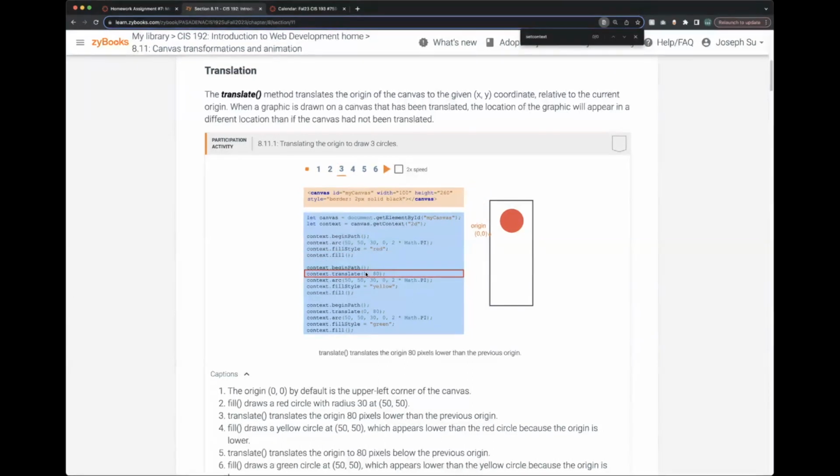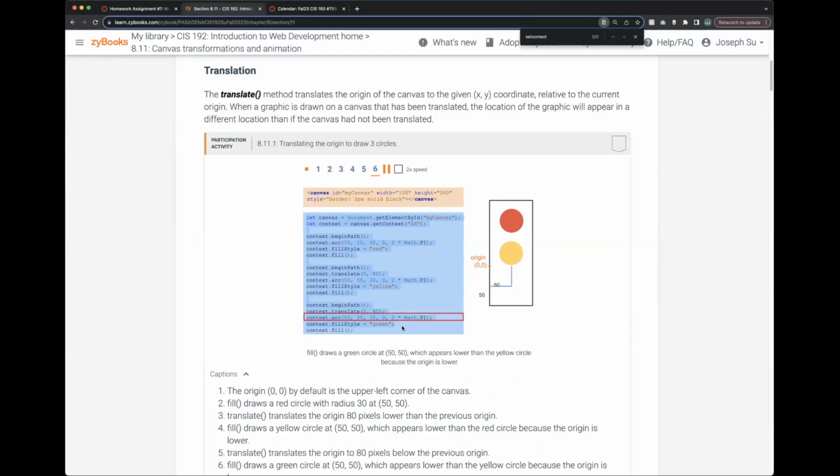You can then do another translation to begin your path and start translating it. So translation means from left to right, and you can specify a degree as well. And then you can draw. Yeah, so this is very mechanical. In fact, if you get really good at this context drawing, you can pretty much draw these things anytime you like on canvas. So the best way to go about it is just copy this and put it in the